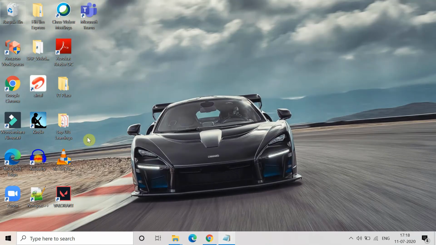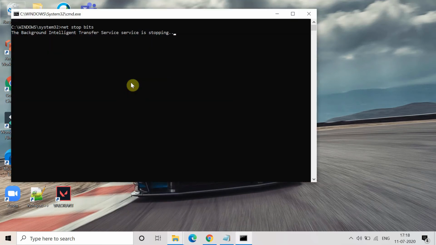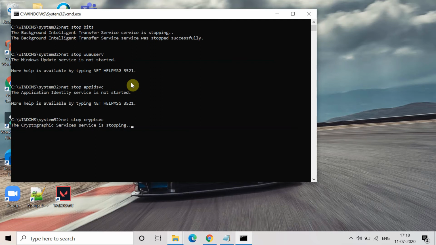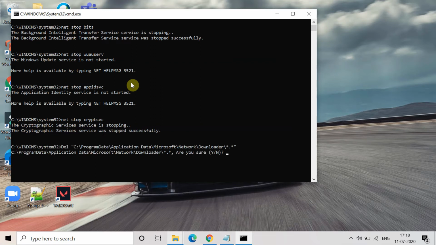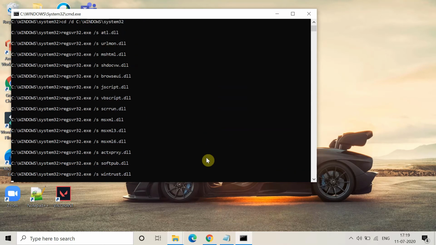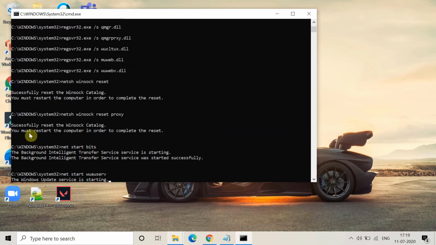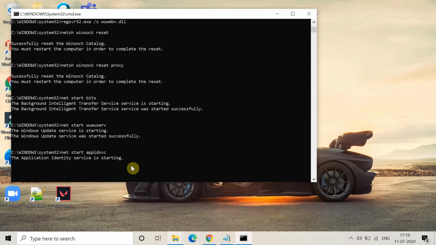So once you save it, now run it as administrator, and then it will ask to delete this folder. So this is the location of the folder. Here you have to give Y. So just give Y and give the permission to delete it. As I don't require to delete it, I'm giving N here, but you have to give Y, and after that it will start executing all the commands one by one. And once all the commands get executed, it will automatically exit from the command prompt.